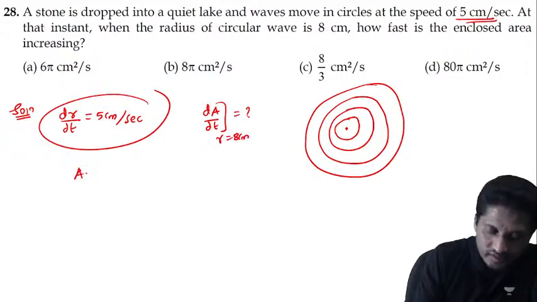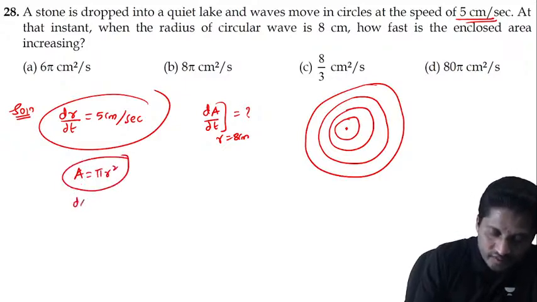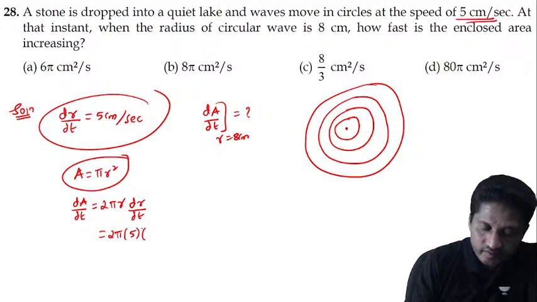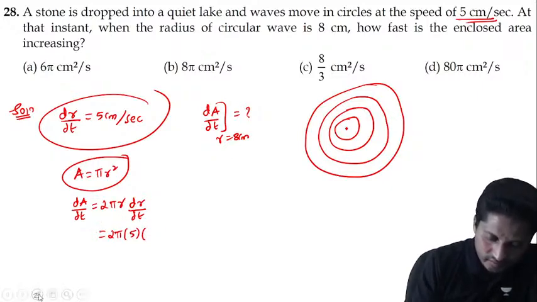Okay, area of a circle is equal to pi r squared. Now if I differentiate, dA by dt is equal to 2 pi r into dr by dt. If I substitute,